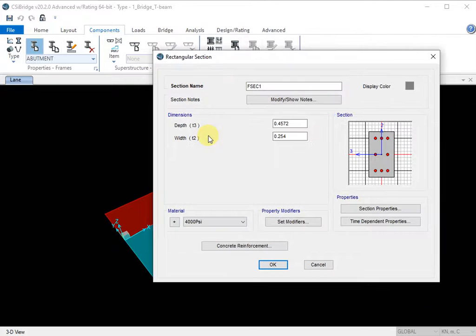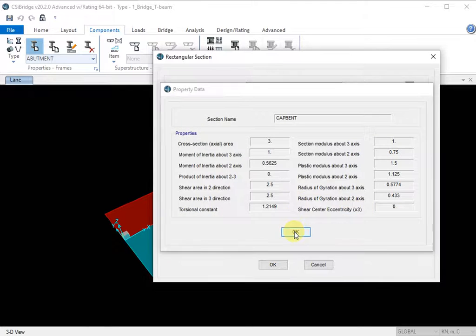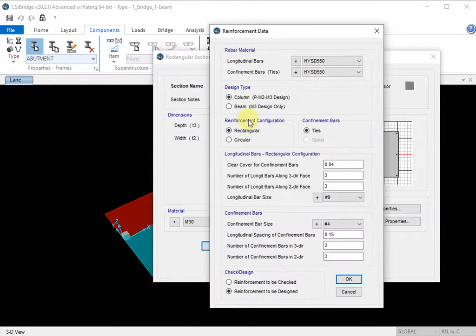Okay, this is cap beam. So the approximate depth of the cap beam should be 1.5 to 2 meters, and you give 2 meters, and width you can give as 1.5 meters, and again you choose M30 grade concrete. Here in the properties of this cap beam, you should select beam. It is not a column, it is a beam. Okay, so press OK.